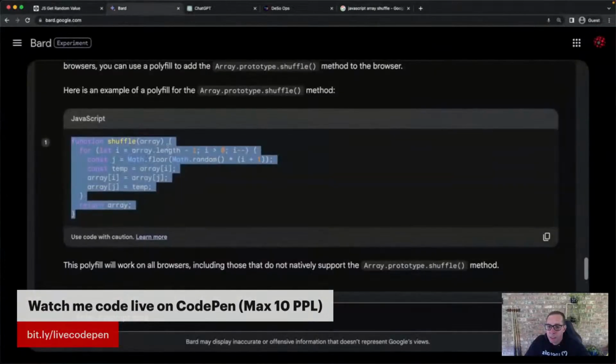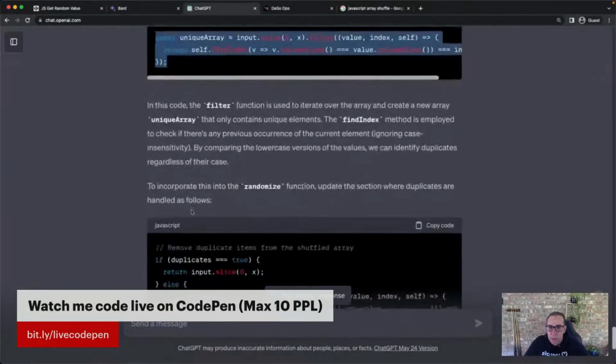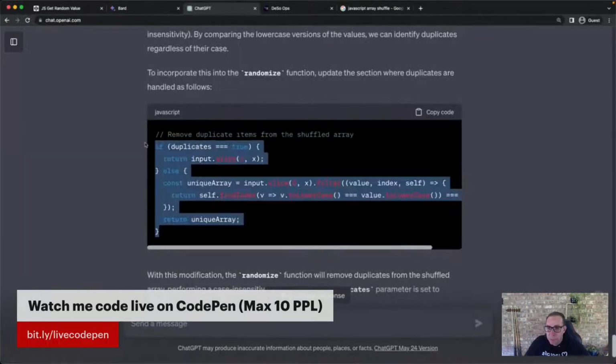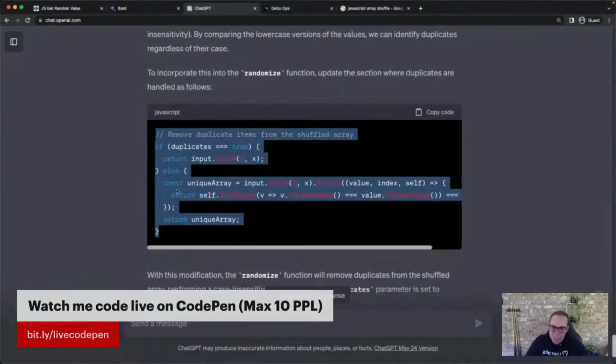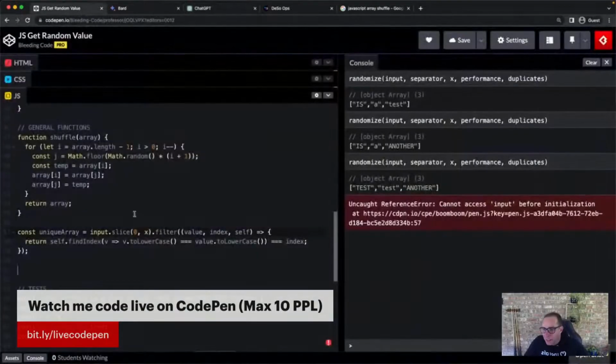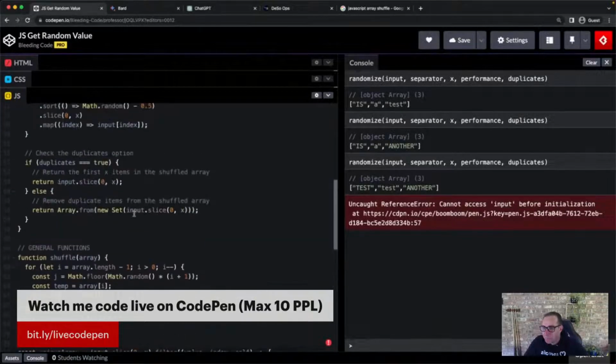Then we can now go and update this logic here. I love how it knows where in the randomize function it wants me to go and fix it. I mean, I never told it. I just sent it some JavaScript and it went and found where this was in the randomize function that we pasted initially, and it's allowing me to go and just fix this up. So this is very, very cool. If we go to return, okay,